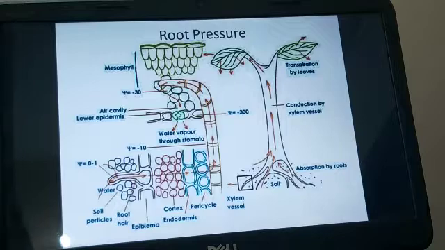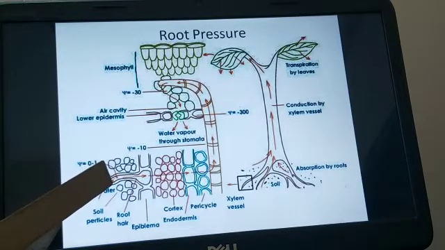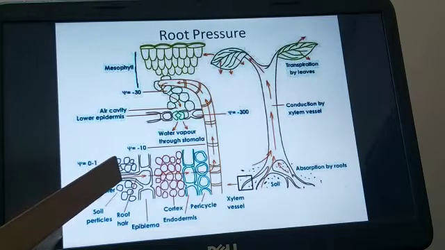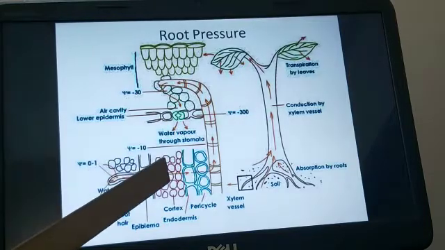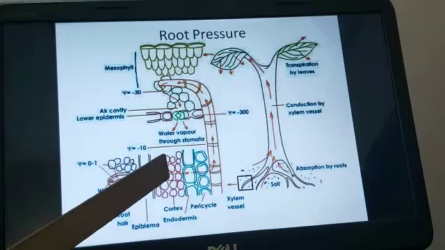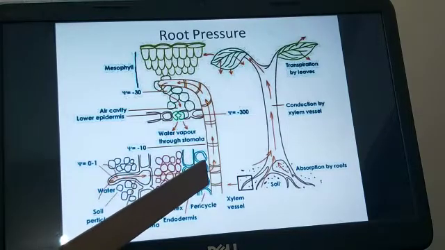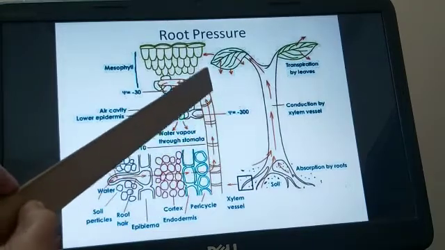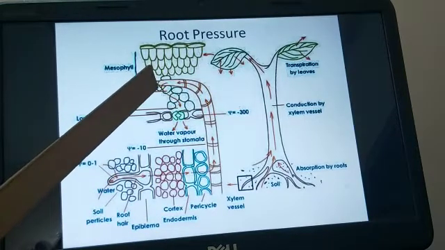Now, when the root pressure is built up in the root, there is cell to cell movement of water due to osmosis, and this root pressure is such a high force that it helps in movement of water right from the root hair. The water is moving here. This is the cortex region of the root, and from the cortex it is reaching endodermis, pericycle, and from pericycle it is reaching the xylem vessels, and from the xylem vessels your actual ascent of sap is starting. Here the water is moving in the upward direction through the xylem vessels, and then it is reaching this part, and this part represents the leaf.